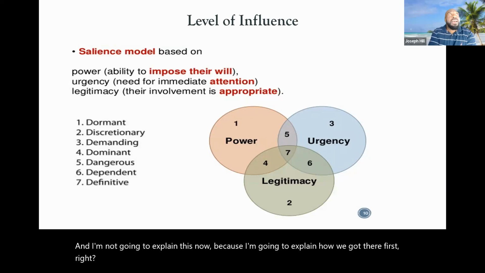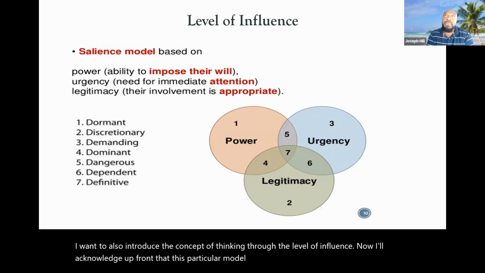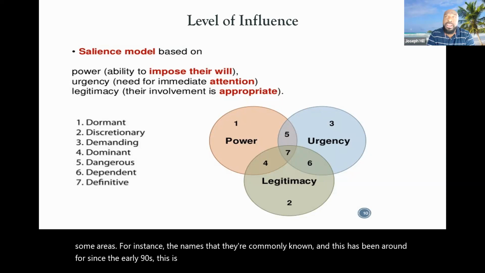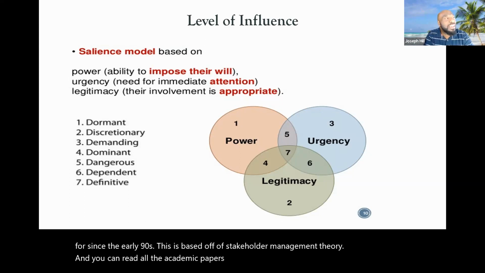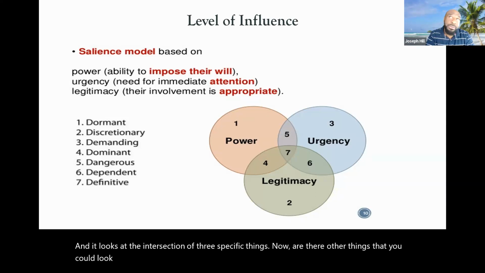I want to also introduce the concept of thinking through the level of influence. Now, I'll acknowledge up front that this particular model in project management is problematic in some areas, for instance, the names that they're commonly known by. This has been around since the early 90s. This is based off of stakeholder management theory, and you can read all the academic papers and works on that if you'd like. But this is based off of the project management salience model, and it looks at the intersection of three specific things. Now, are there other things that you could look at? Absolutely. However,